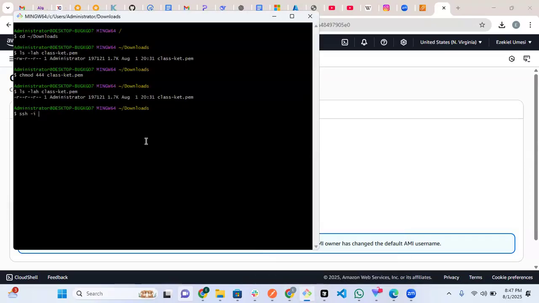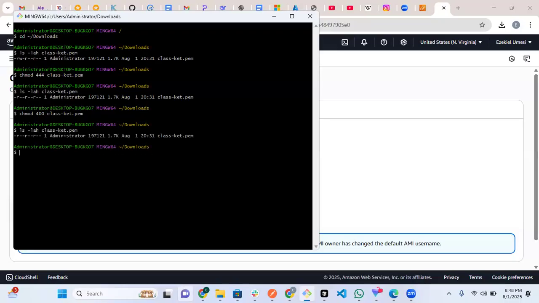You come here, but let me even make it 400 so that the group and others can't even read it. You can still work like this though, but 400. Okay, yeah, so let's do this. If I paste this that I copied,